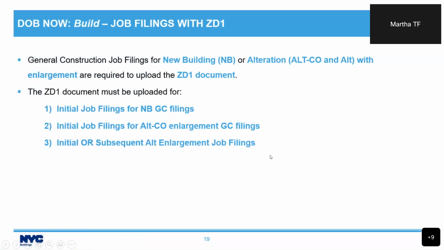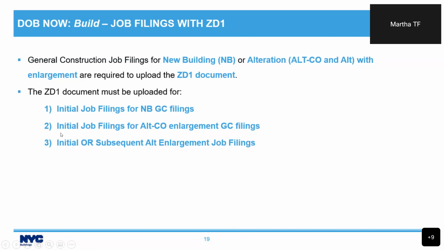Now, I want to talk a little bit about the ZD1. I mentioned that some job filings require it, so let's talk about which job filings those are. General construction job filings for new building, alteration, whether it's an alt CO or an alt, but alteration with enlargement, both those types are required to upload the ZD1 document. So specifically, that's for new buildings, it's going to be initial job filings for new building general